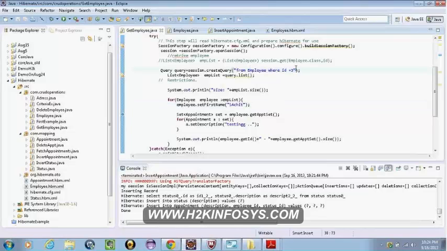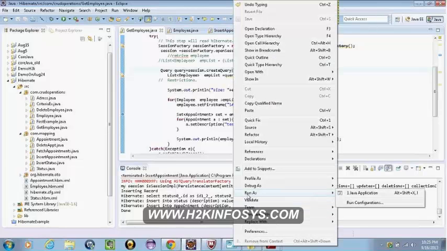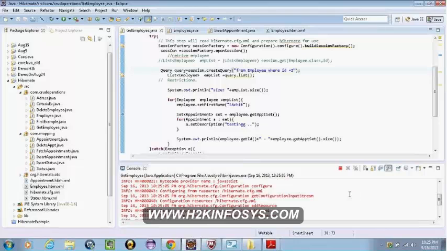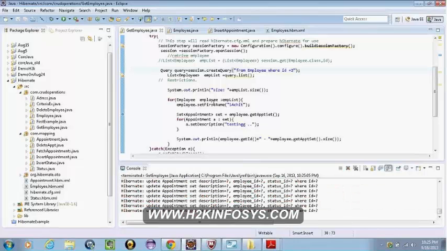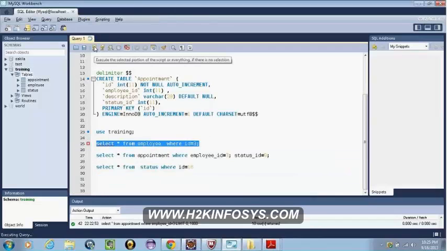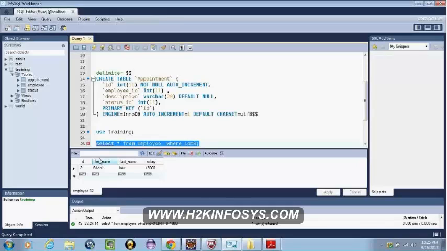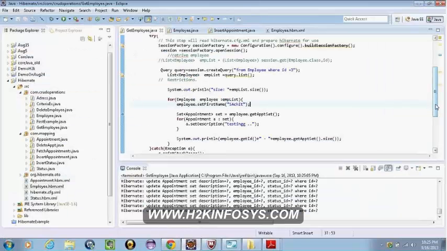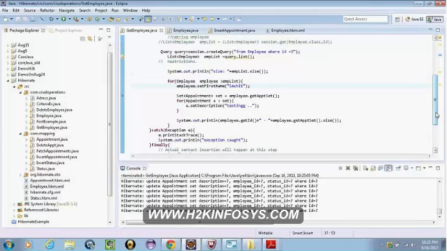So when this is in a database, is it known as persisted? If it's in a session, it's transient, right? No. When we just have an object, it's in no way associated with the session. It is a transient object. But we are fetching this data from the session, so it is associated with the session. From the session we are creating a query and getting the data. So this data, when fetched from the database, is associated with the session. It's not a transient object.